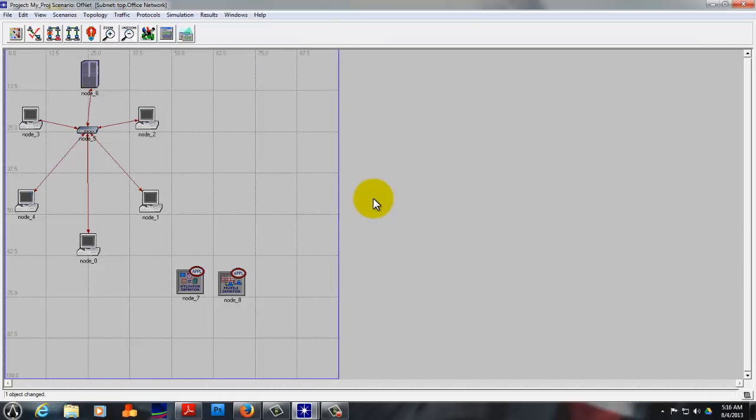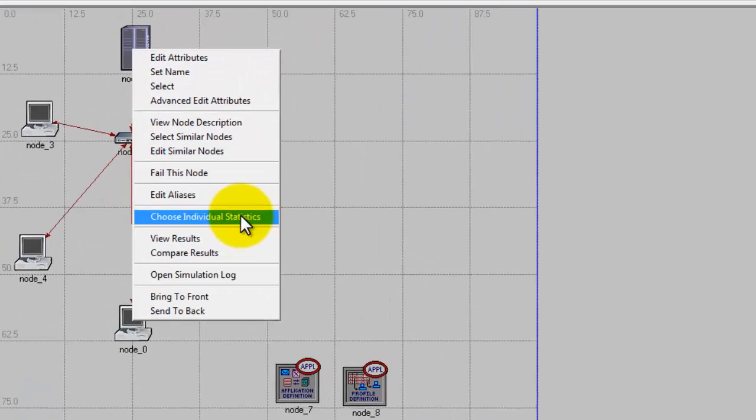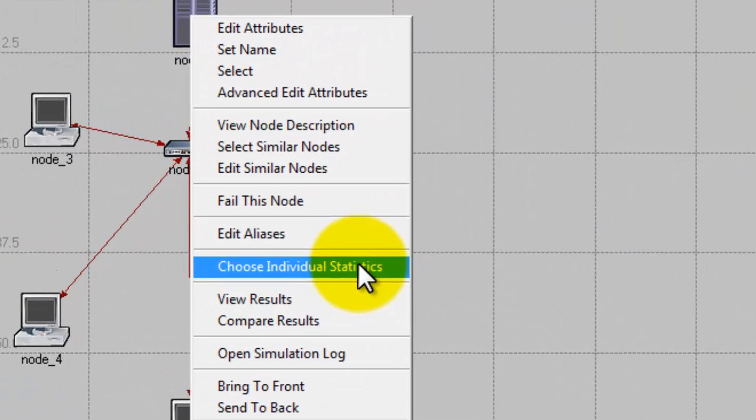Over here you need to set the application supported services to all and then click OK. Now once you have edited the attributes for all the nodes or just one if you wish, we need to set the statistics for each node. We need to get in the individual statistics.